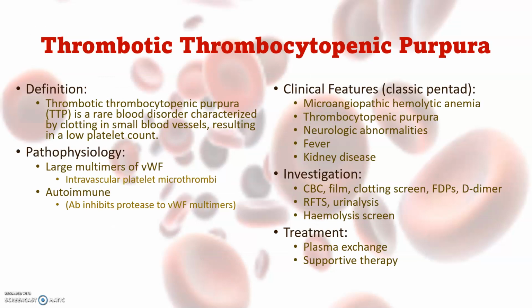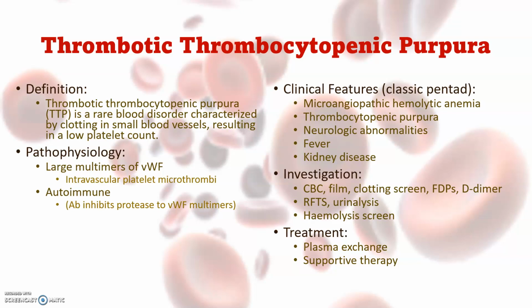This is a case of thrombotic thrombocytopenic purpura. It's a rare blood disorder characterized by clotting in small blood vessels resulting in a low platelet count. The patients develop large multimers of von Willebrand's factor, which cause aggregation of platelets and intravascular microthrombi. It's really an autoimmune disease. The antibodies inhibit a protease which specifically breaks down these multimers, causing them to aggregate and then attract platelets, leading